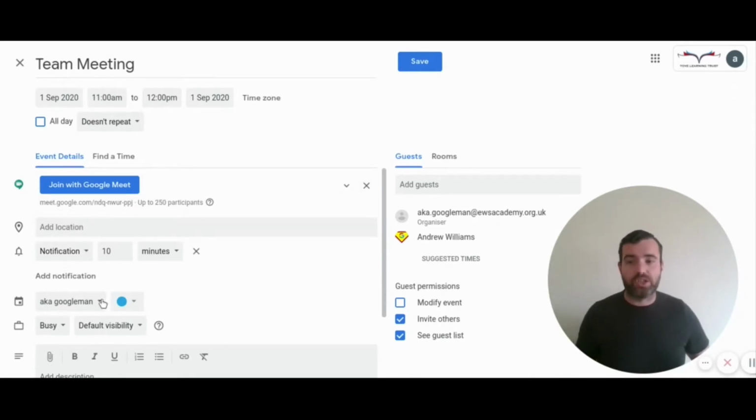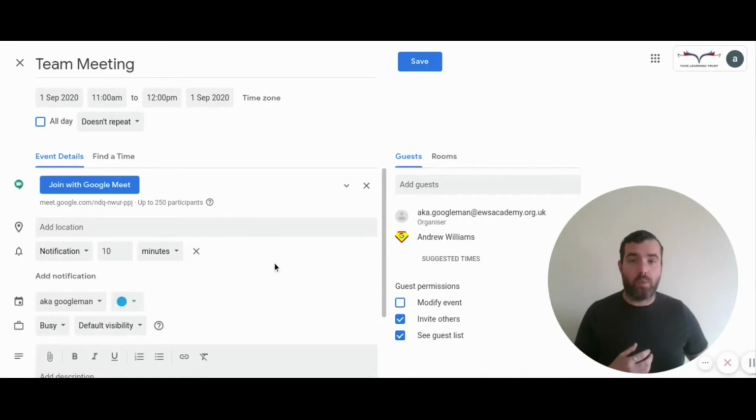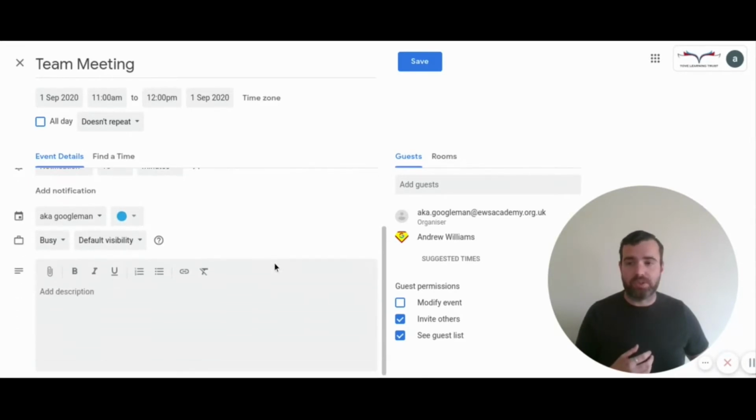And of course, like I said, you could change that calendar. So if it's a personal meeting and you are inviting people from outside of school to this, or it's outside of school time, you can do that in here as well. What you can also do in the description, if you wanted to put the agenda in there as well for that particular meeting, again, the participants will be able to see that when they look at your invitation and when they look at the event on their calendar. Okay,